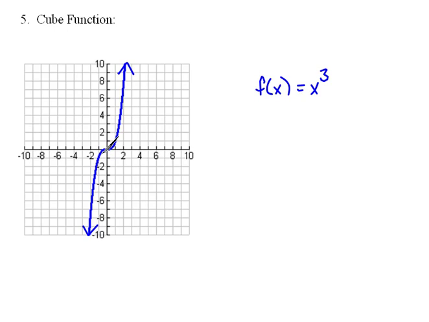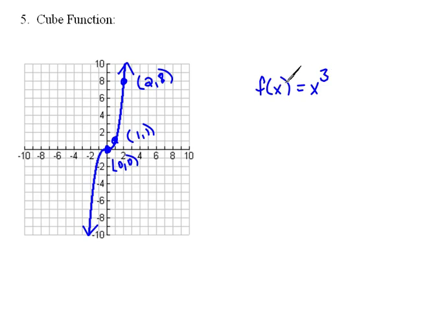Now, getting some of these points from the graph is actually very nice also. If you understand the equations, we would have some nice points like 0, 0. There's another one here at 1, 1. And then 2, 8 is a nice point also. Now we're finding those points very quickly because whatever the x value is, we cube it to find the y